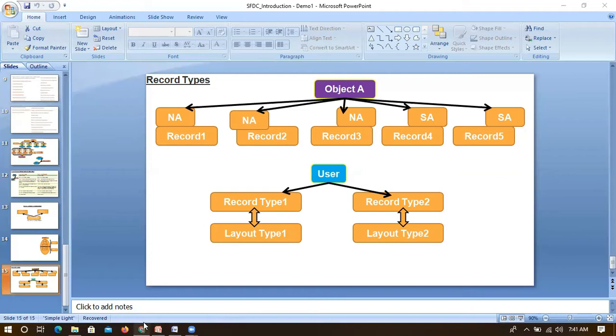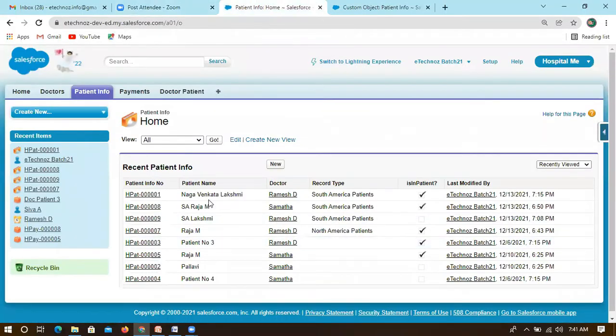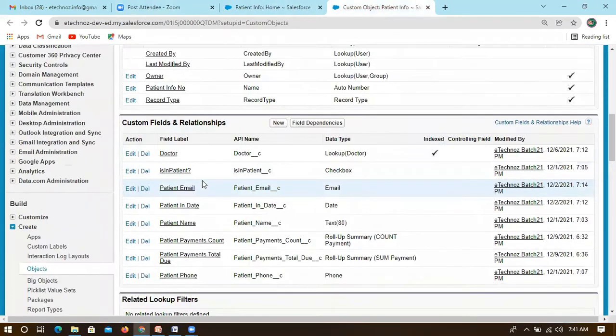Yesterday we saw how to do that also. If you go to patients, we have seen multiple record types, South America patient, North America patient, and we have also seen how to create a new view. We created these views yesterday.